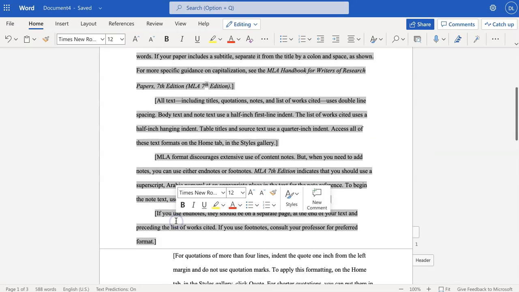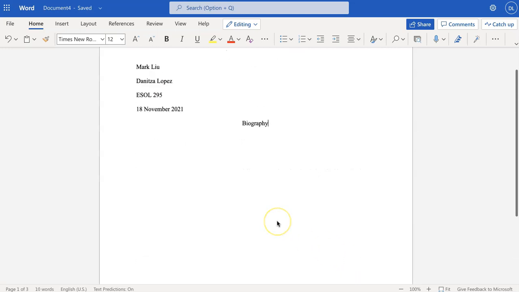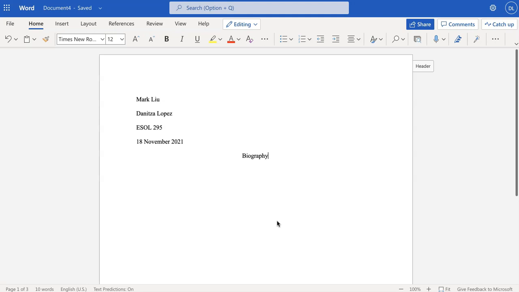All of this information at the bottom, I recommend you grab it all and you delete. You don't need that because you're going to write your own answers here in this document for whatever assignment you are working on. So you see that I can start typing here.